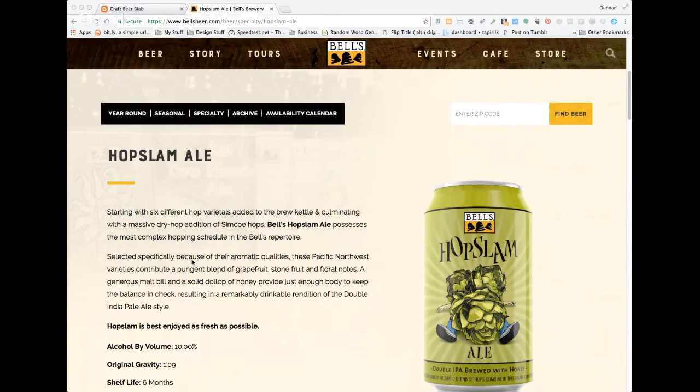And then directly on their description: selected specifically because of the aromatic qualities, Pacific Northwest varieties contribute to a pungent blend of grapefruit, stone fruit, and floral notes. Generous malt bill and a solid dollop of honey provide just enough body to keep the balance in check. So kind of what I had already mentioned, the honey adds a lot of body to it. There's a balance there with it. Floral notes, grapefruit. I'm not sure what stone fruit is,